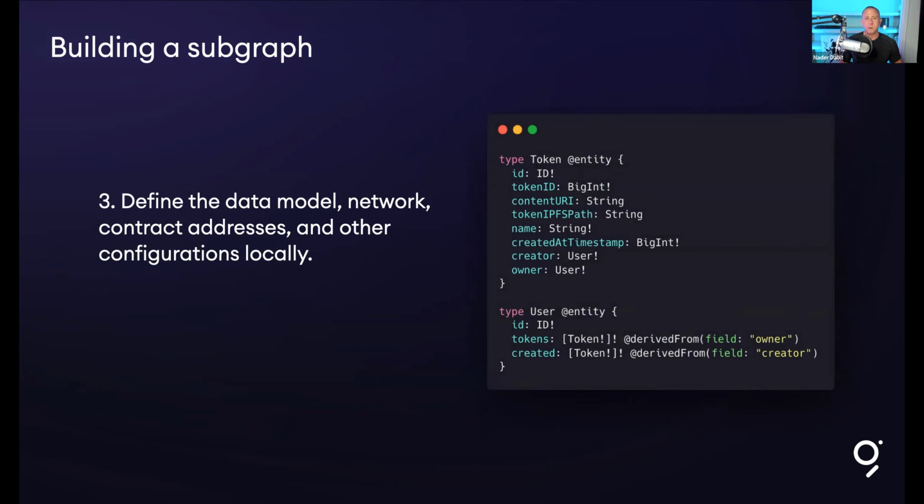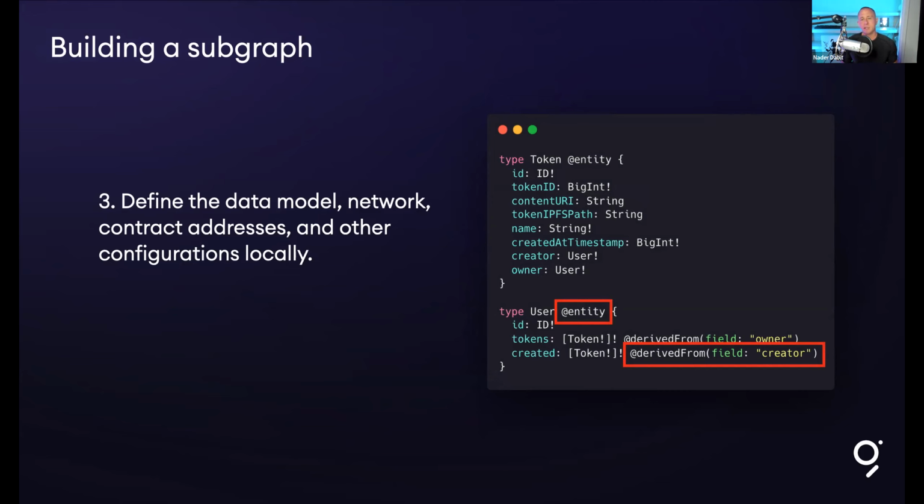So what does the GraphQL schema look like in the graph? Well, it looks just like any other GraphQL schema, with maybe one small difference, which is that we have a couple of different directives that are native to the graph. One is the @entity directive, and this just means this is a data type that we want to be made queryable, and we want to save into the network. So a user is going to be something that we can query for by just adding this @entity directive. And then we also have the @derivedFrom directive, which allows us to create relationships.